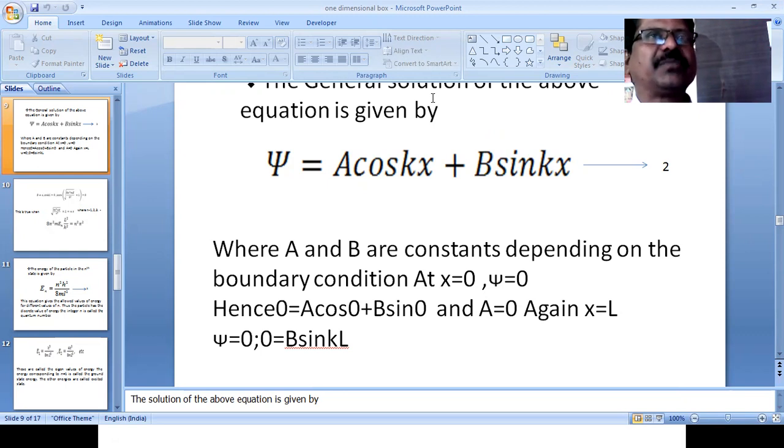The wave function of the particle is taken to be 0 outside the box. That means when x is equal to 0,